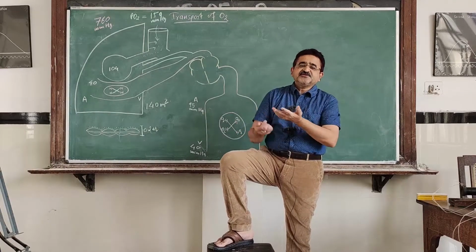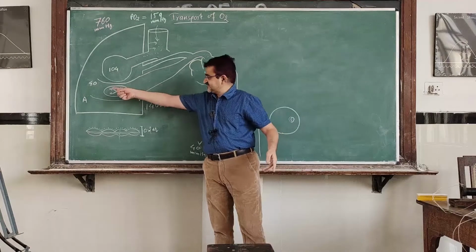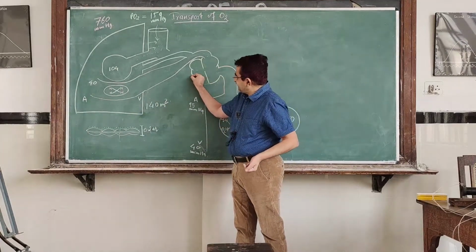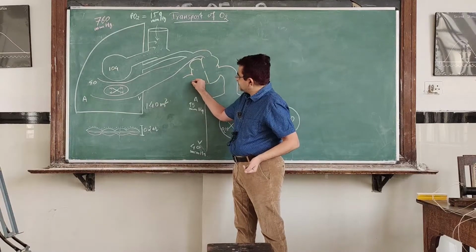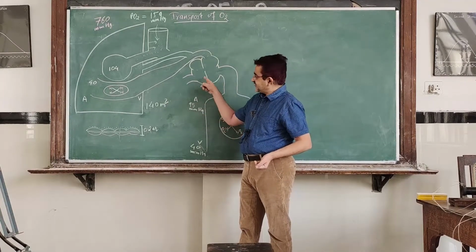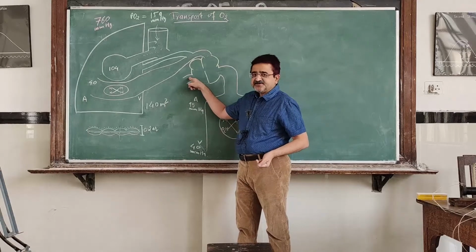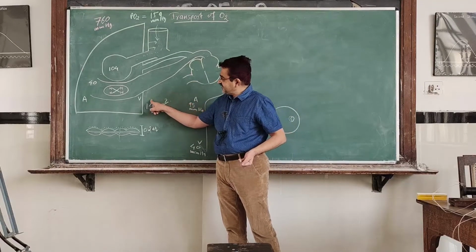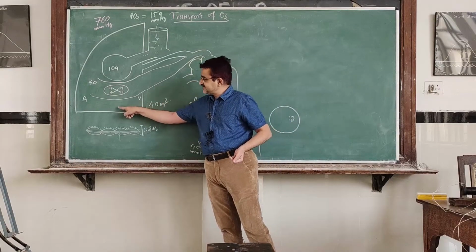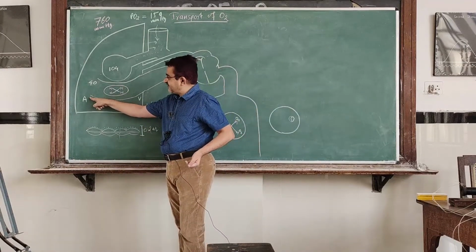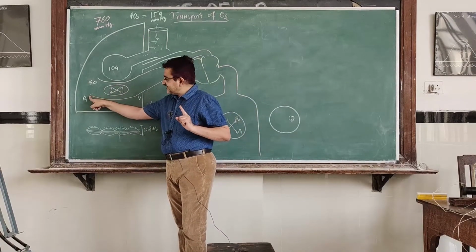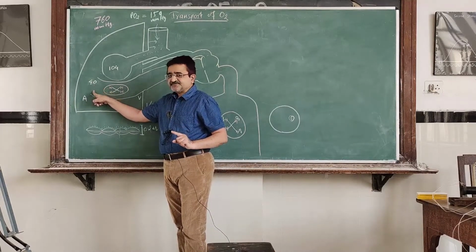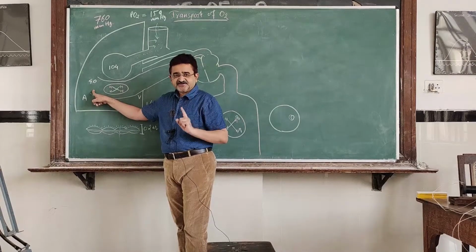Now we come to the circulatory side. This is the circulatory side. So what is seen over here? The right ventricle gives rise to what is called the pulmonary artery. The right ventricle is pumping deoxygenated blood into the pulmonary artery. This pulmonary artery enters the lung, branches, and ultimately forms the capillary. This is the arterial end of the capillary, and at the arterial end of the capillary, the blood that is present is the deoxygenated blood.